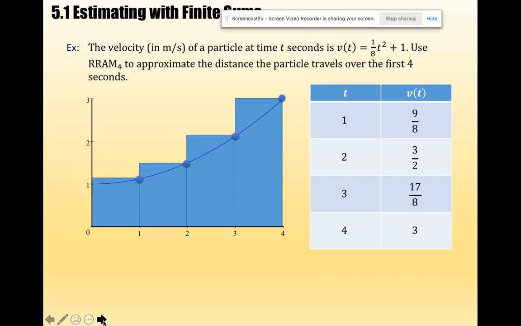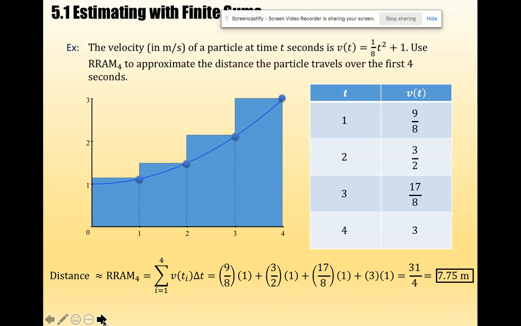There's my rectangles. There's my values. But notice that this time I am using V of 1. I rarely write out the 9/8, the 3. I only write these out if I need to, because honestly a program is coming up with that number for me. I write V of 1 times 1, V of 2 times 1, V of 3, V of 4. And I usually factor out delta t or delta x when it is constant. And yes, even though it's multiplied times 1, I write 1 so that my grader understands I know what my